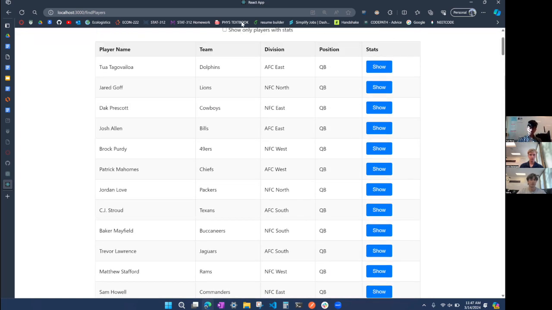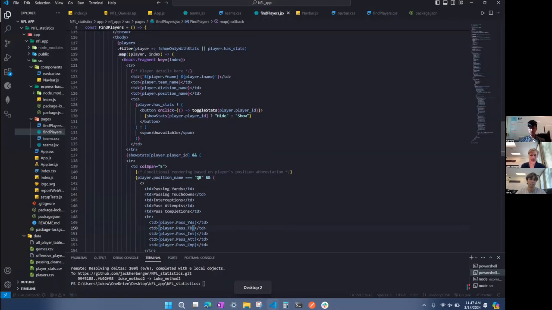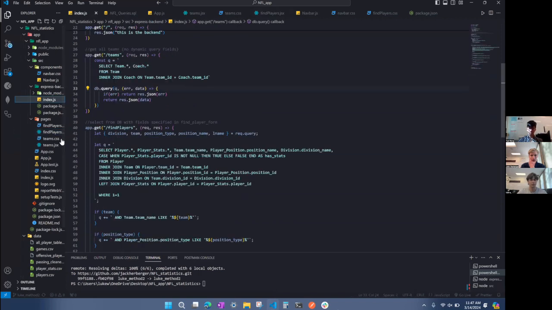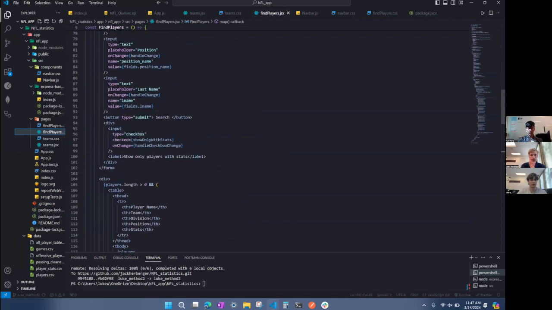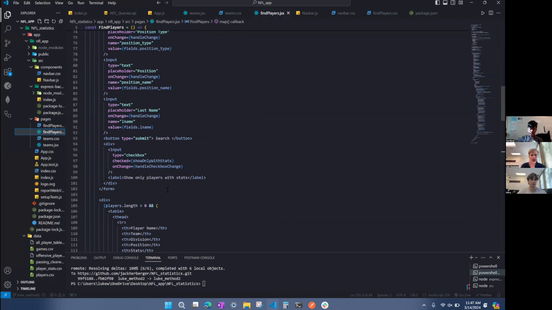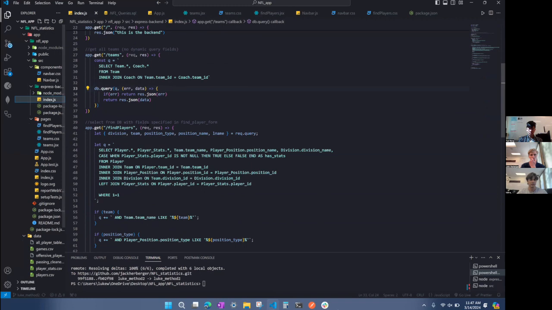So that's about it. I'd like to look at my queries too, just walk you through how I did it. So the search bars, they're all basically just a form in the front end. You can see here. And then I send all of these back to the back end with an Axios GET request. And then when I get them at the back end,